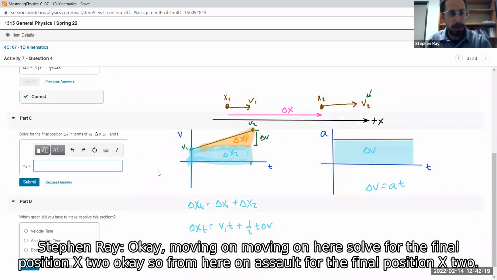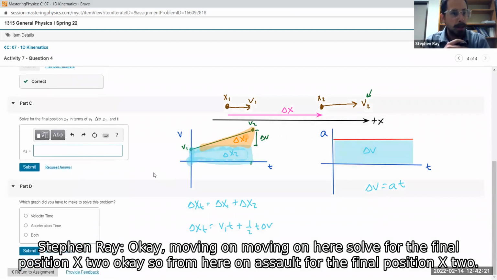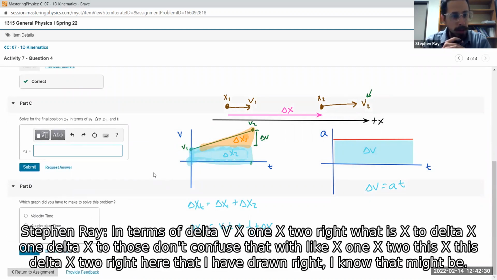Okay, moving on. Solve for the final position x2. From here, I'm going to solve for my final position x2 in terms of delta v x. If I want x2, what is x2? Delta x1, delta x2. Don't confuse that with x1 and x2. This delta x2 right here that I have drawn,